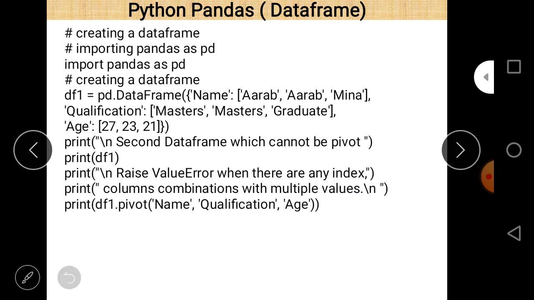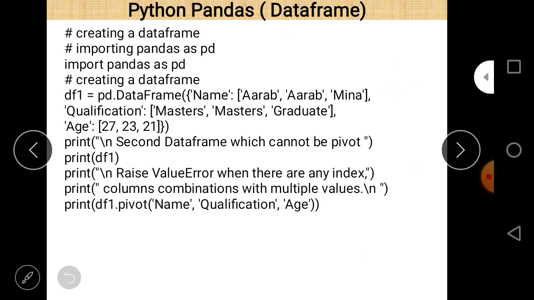And then there is another data frame, and in this data frame the values are repeated, or we can say that there is a duplication of values among rows. Whenever we want to pivot this data frame, there is an error. So this data frame is mentioned by df1, and this is a new program here.